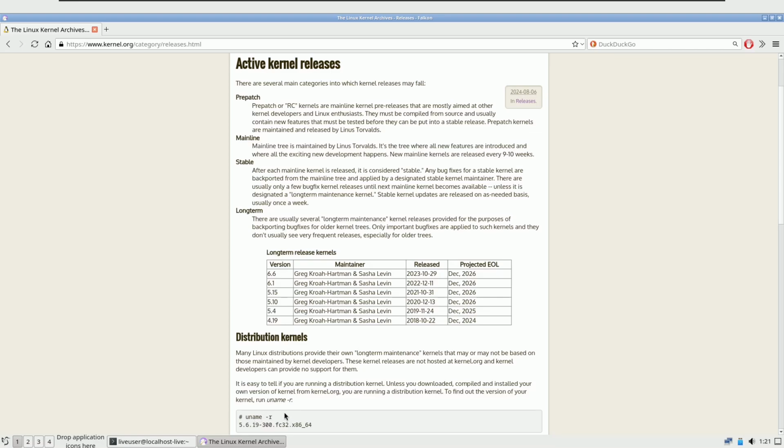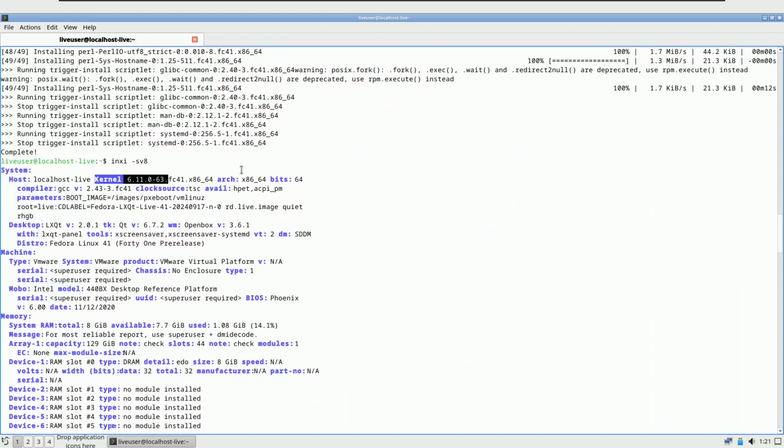And in order to get the kernel information, you just need to type uname -r, or else you can type uname -a, and you should be getting all the information. So here is the kernel information. Let's close everything. So the kernel we are using is 6.11. Here is the 64-bit. The compiler GCC version is